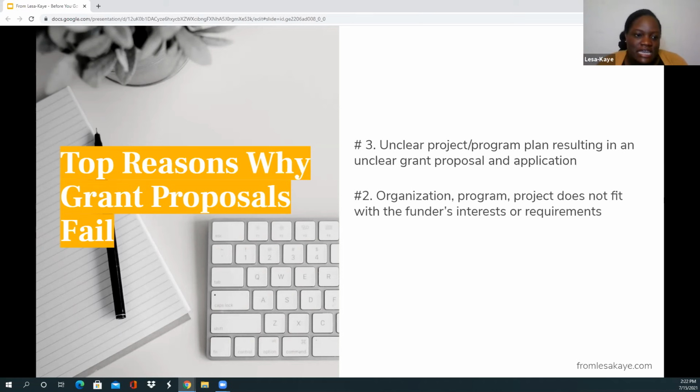The number 2 reason why grant proposals get rejected is that the organization or the specific program or project that is seeking that grant does not fit the funder's interests or requirements. And so when we talk about finding the right funders, finding the right grant through doing research and engaging them and building a relationship with them to determine whether or not you are a fit for each other, that your purposes align, that their interests match your interests,